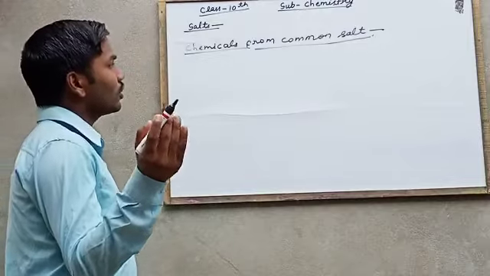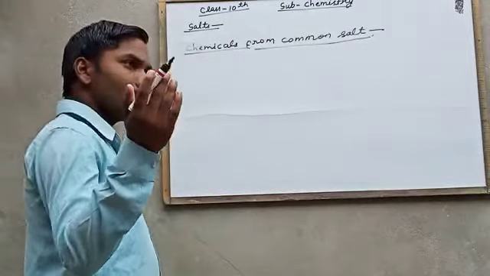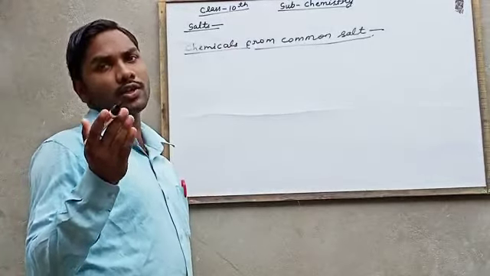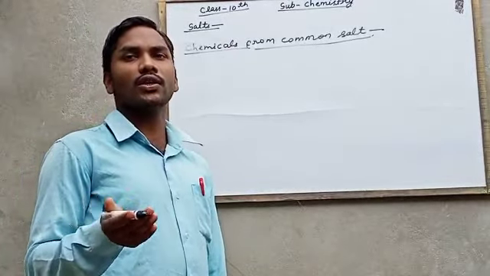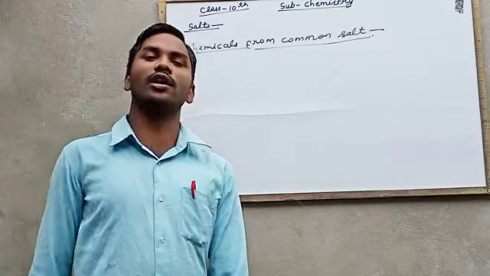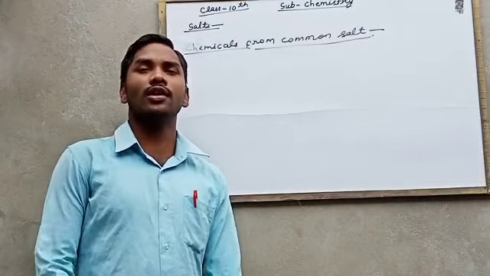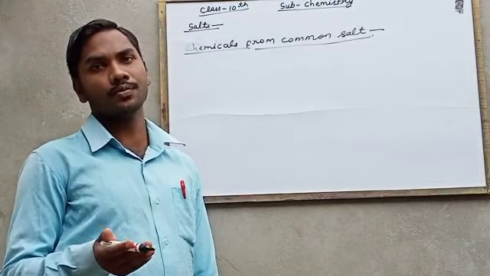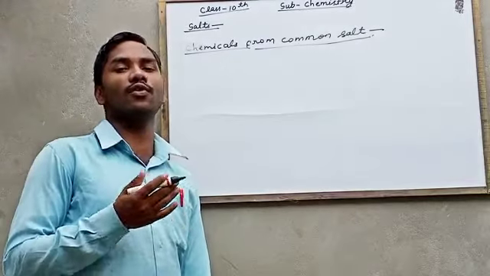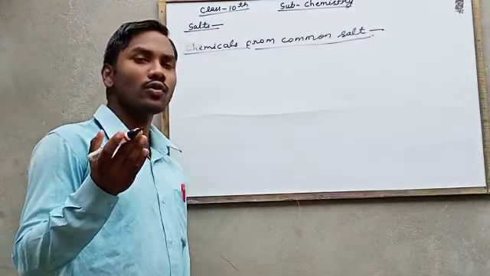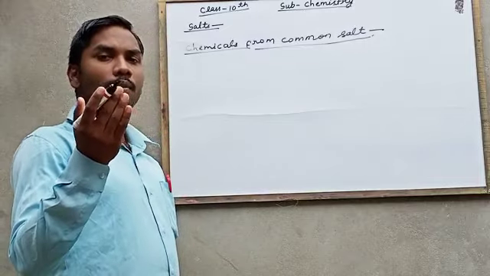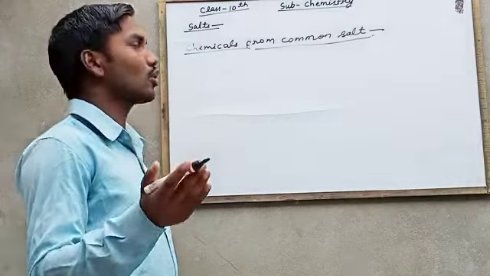Today we are going to discuss the uses of common salt. So common salt is used in making washing soda, baking soda, sodium hydroxide. This is also used in leather industry for tanning. Salt is main component in our foods. So how salt is used to prepare many chemicals, that we are going to discuss.